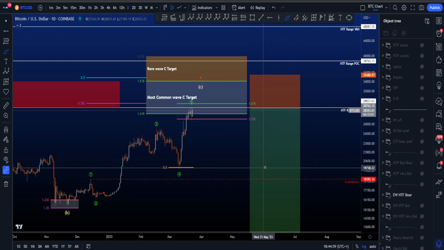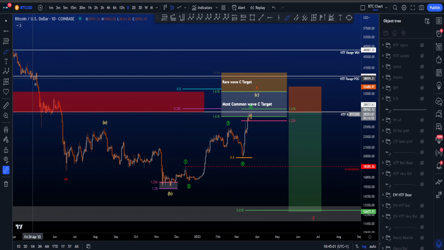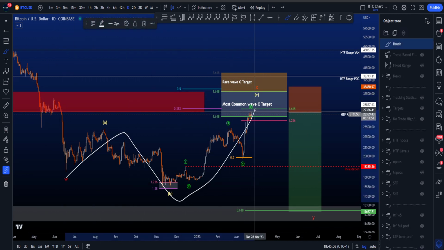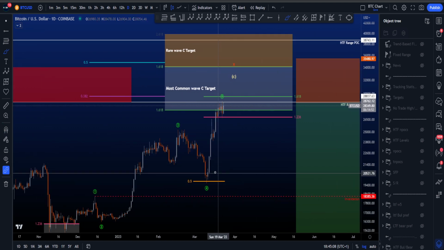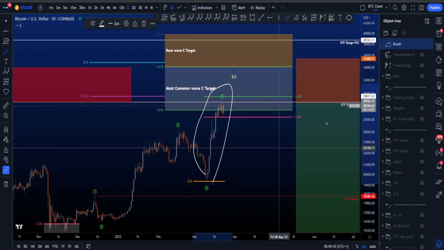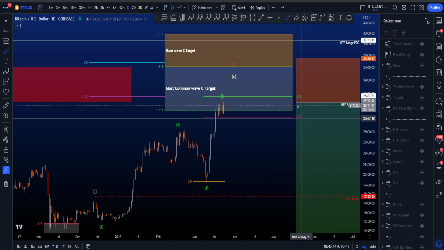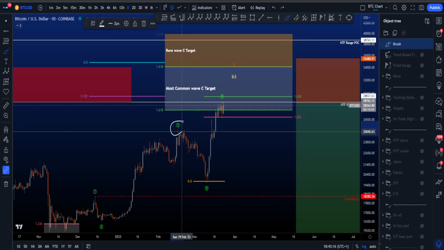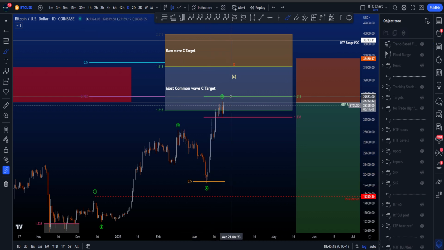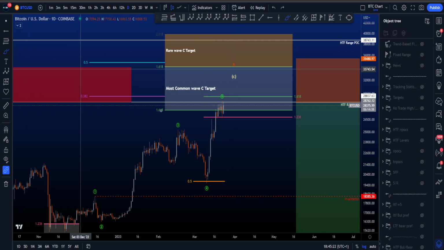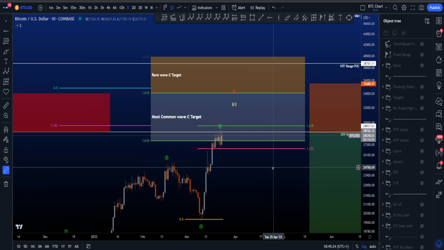If you go to the bearish scenario, we are looking for a WXY with then inside the X an ABC expanding flat. In this scenario, we are working on ending wave 5 with the most common targets for wave 5 being the 1.236 and the 1.618 taken from the high of 3 to the low of 4. If price would shoot above this 1.618, then this scenario becomes less likely and the bullish scenario might become more likely.